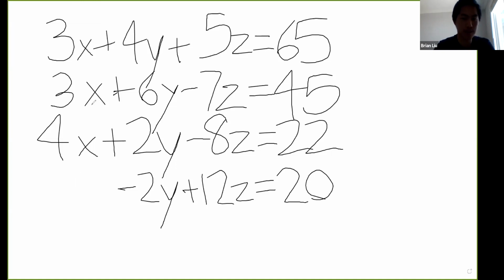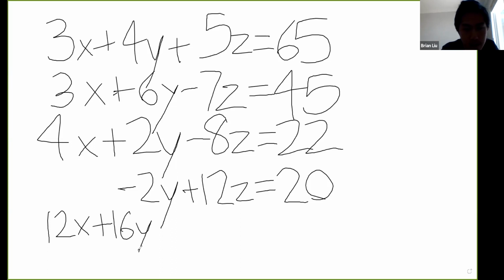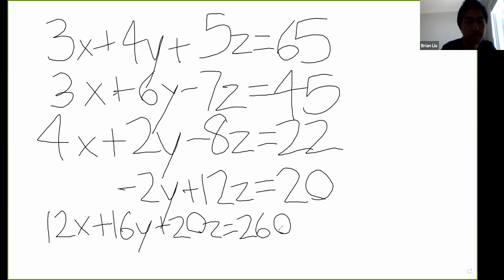Someone said make all y coefficients the same, which is a pretty good idea. If we started with the x coefficients, we can first eliminate the x's. So let's see, 3x and 4x, we can make the first one, multiply the first equation by 4 and get 12x plus 16y plus 20z equals 4 times 65, 2 times 130, 260. And then multiply the last equation by 3 to get 12x